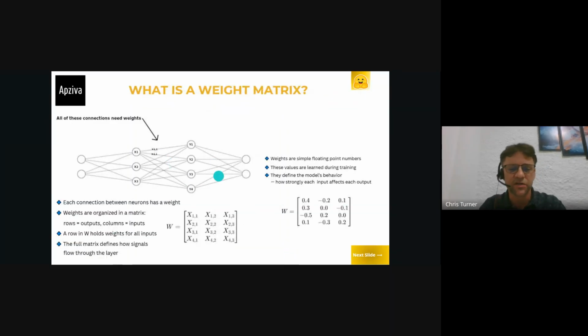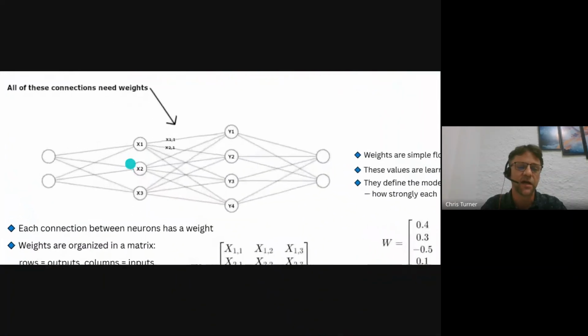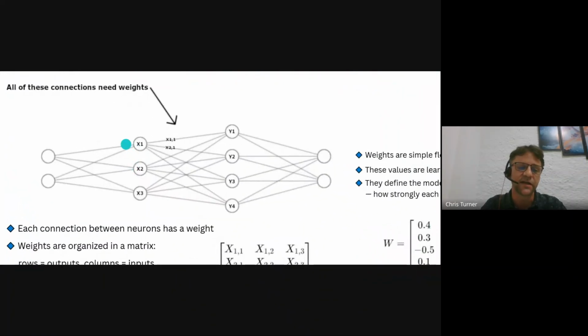And so to understand fine tuning, we have to know what a weight matrix is. Here we have a first hidden layer, and I've labeled the neurons in the hidden layer X1, X2, and X3. And then we have the second hidden layer in the forward position from that layer, and it has 4 neurons, and I've labeled them Y1 through Y4. And we can see that there is a connection between this neuron and every neuron in the forward layer. And that's true for every neuron here in this first hidden layer.